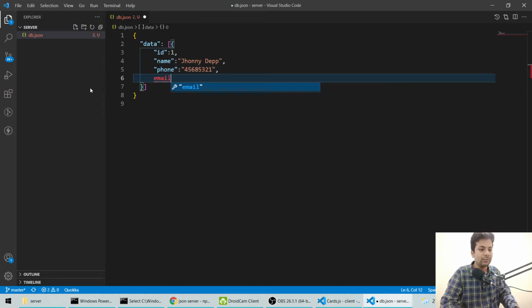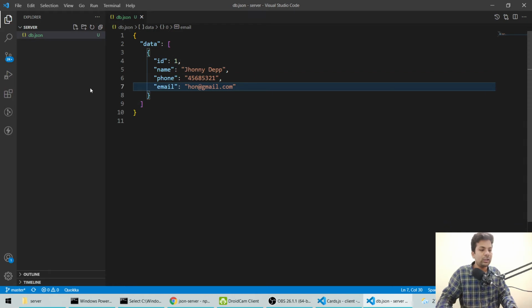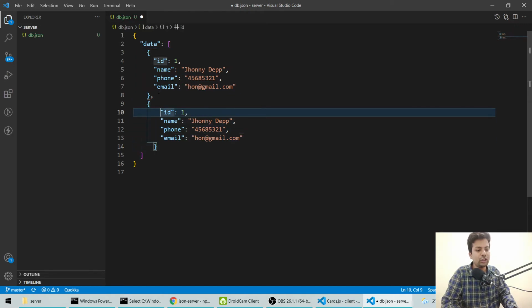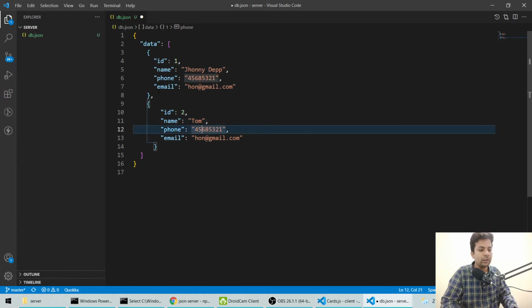Then we'll have email, at gmail.com. Okay, so this is one object. We'll just make another object. At least two objects will be there to teach you. So now this is the second object, and here I'll say Tom, a number like this, and the ID is like this.